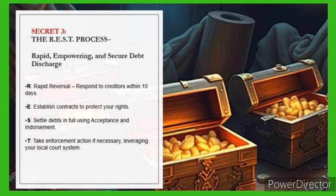They have to be held in check by federal laws. Otherwise, they will just run rampant and take everything from you and mistreat you every which kind of way. So if you do everything that I just talked about with the R, the E, and the S, but for whatever reason, the lender won't discharge the debt or set the account balance at zero or whatever it is, or send you the lien release for your house or for your car or whatever it is, or the medical debt at zero or the IRS debt at zero, you're going to need to contact the court and say, hey, I